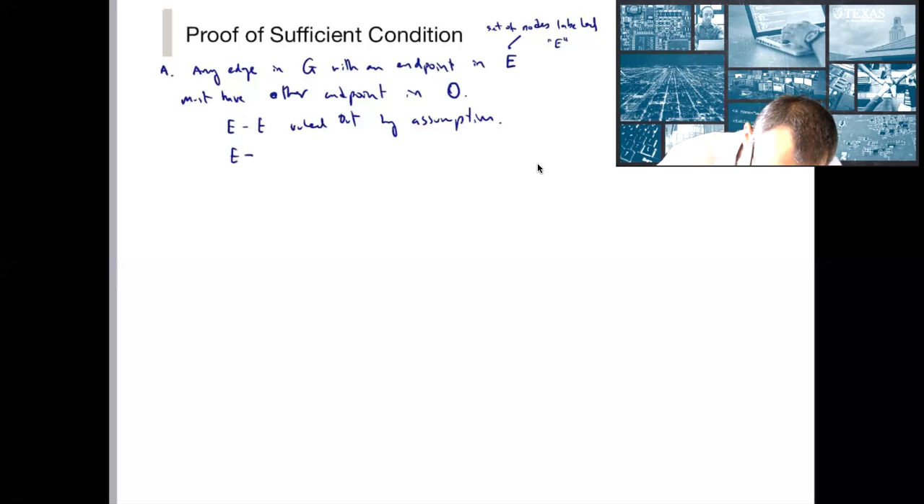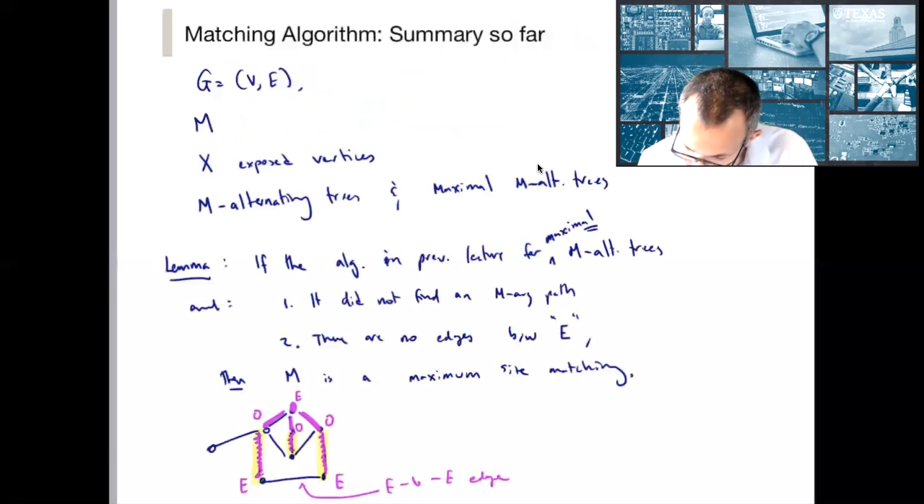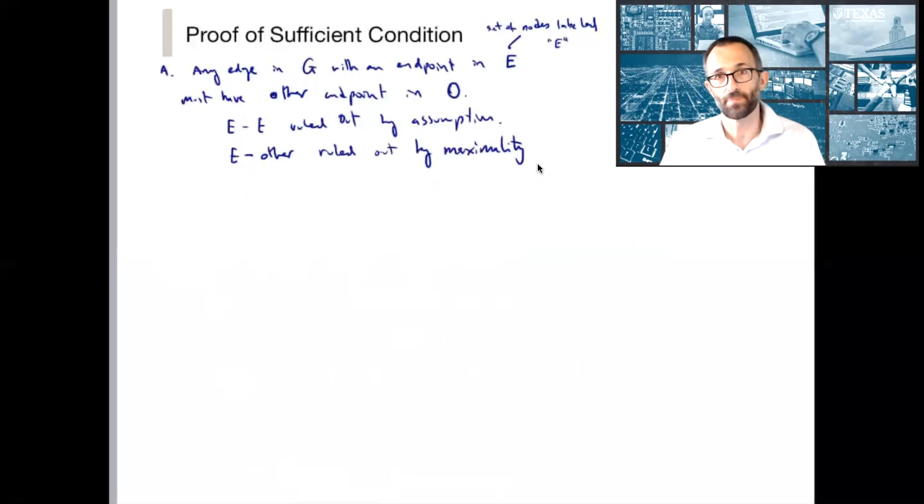So I'll just write E to other is ruled out by maximality of the tree. So did I write? Yes. So this lemma is for maximal trees. Again, it means that I'm not able to grow this anymore. Okay, so what does this very, very simple observation tell us? Actually, it tells us something pretty important, and it tells us that